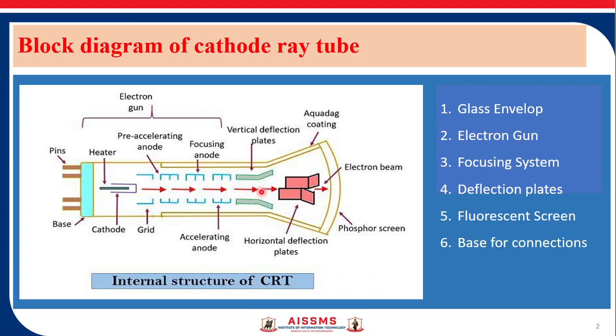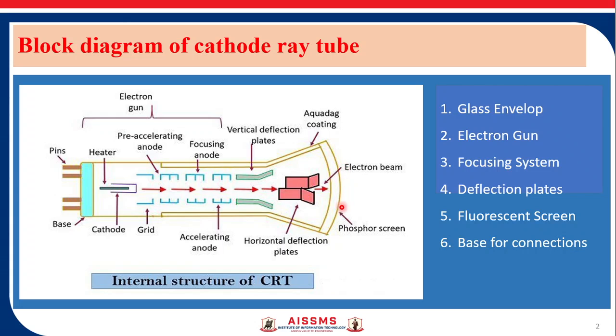The other pair is mounted in the vertical direction and develops an electric field in the horizontal plane, thus producing horizontal deflection and is known as horizontal deflection plates or X plates. The output of time-base generator circuit in the form of sawtooth waveform is applied to these plates. The plates are flared so that the beam can pass through without striking. Now, after these deflection plates, the electron beam strikes on the screen.